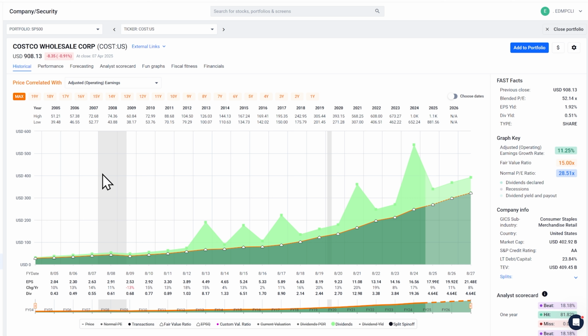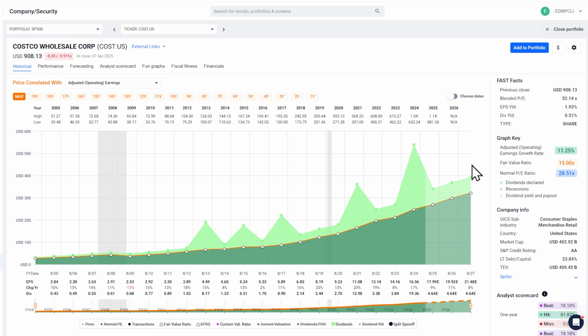The first thing I want to say is, this is a quintessential example of the kind of company I like. It had almost a perfect earnings record. One year of down earnings during the Great Recession, but only minimally down. As you can see, you can barely see that the orange line ticked down a little bit. Otherwise, you have this perfect progression of growth. And growth has averaged